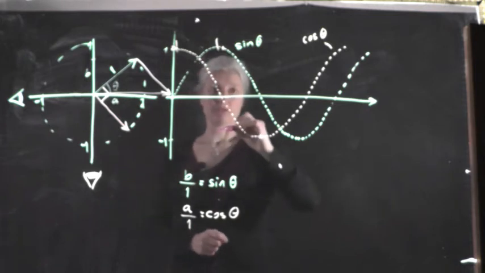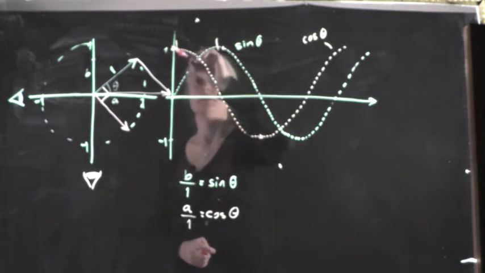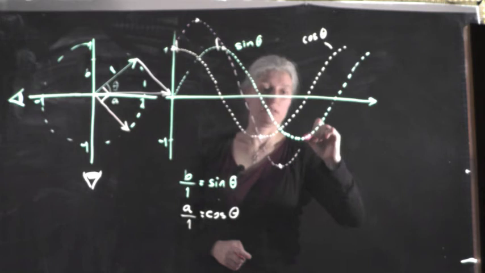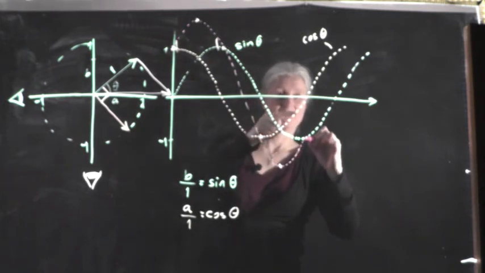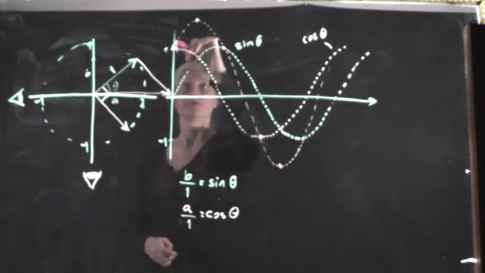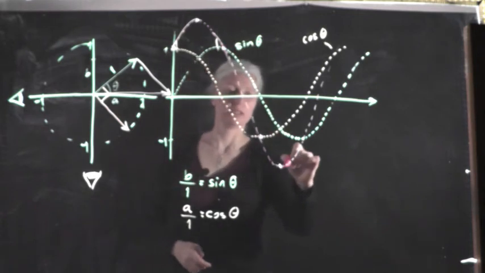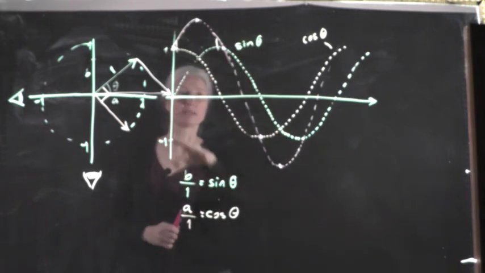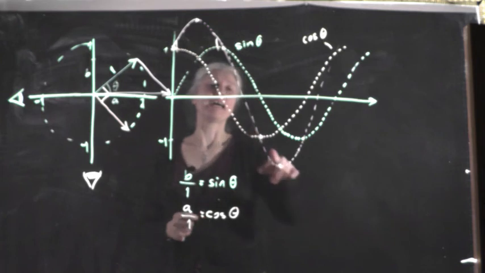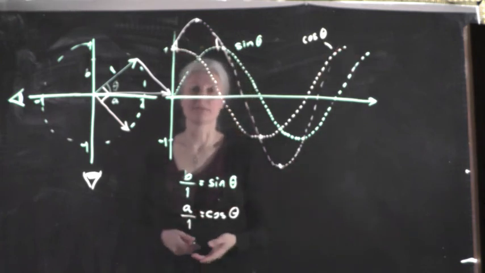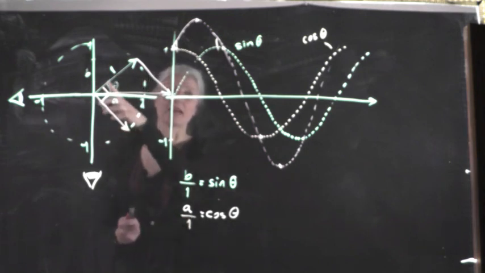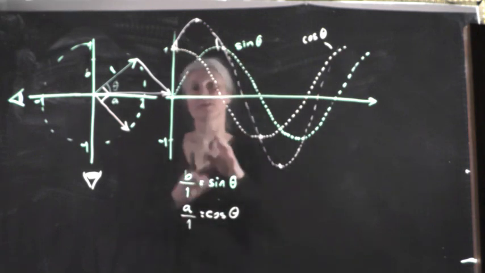So if we add these two together, we should get something like that. So a waveform that has a slightly different shape to it, but still sort of sinusoidal. And the frequency of this one is the same. They're both moving with the same frequency. They're both rotating with a fixed angle. So the resulting waveform is sort of approximating